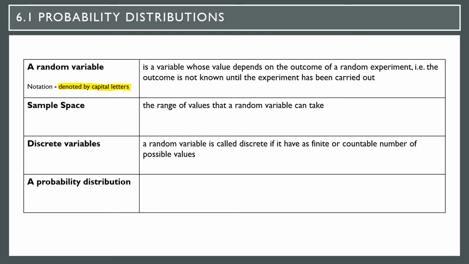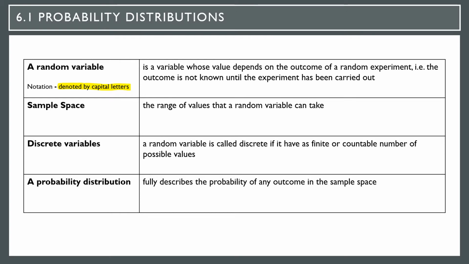A random variable is called discrete if it has a finite or countable number of possible values. So for example, the number of students who are late to my class on a given day. As a student is either late or not late, this variable can only take integer values up to and including the total number of students in the class and can therefore be described as discrete. A probability distribution is represented using a table, and it fully describes the probability of any outcome in the sample